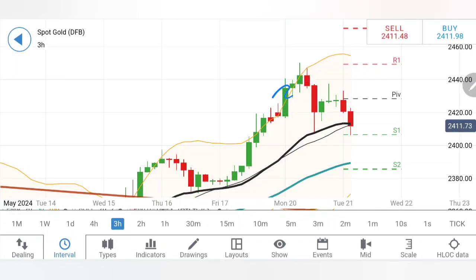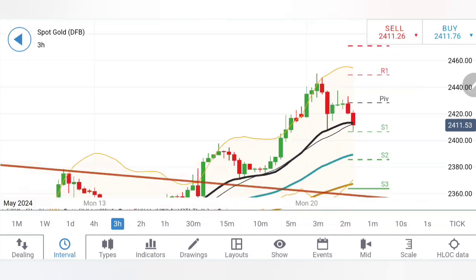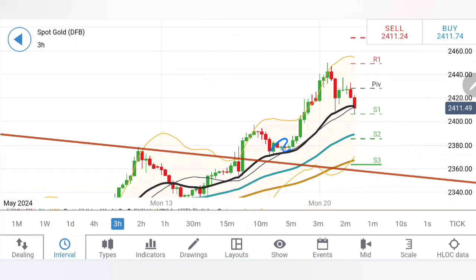On the 3-hour charts here, too much of divergence from the 20 period moving average, hitting the 20 period moving average. We have seen it retracing. Now see, it has got its resistance intact. We can see a strong reversal is observed, and again it has come to take the support. Now this is the second bearish candle in succession. We can expect a third one as well, where prices might try to trade lower. Yes, as long as this base is not broken, we should not be treating gold as bearish. We have to wait for 2370 levels to be taken in order to confirm the drop or reversal here.